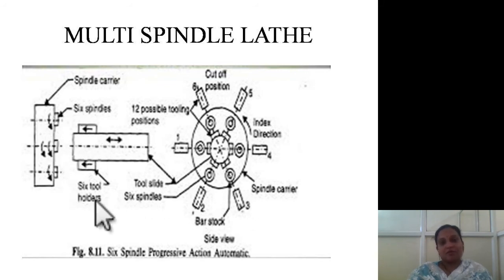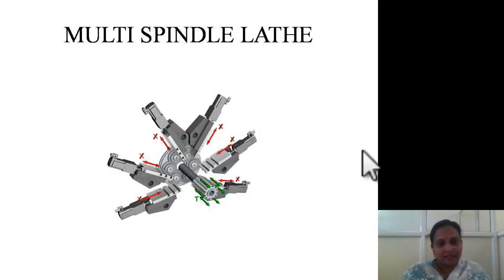So now, in order to understand this picture in detail, let us look at its 3D view. See, this is the 3D view. Here you have different spindles attached. You can attach one spindle here, here, here, here, here, and here. So everywhere you can attach different spindles, and the spindles will rotate at different speeds, and different cutting tools will come to perform different machining operations over this.